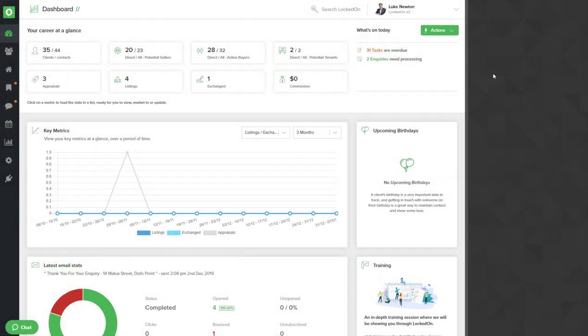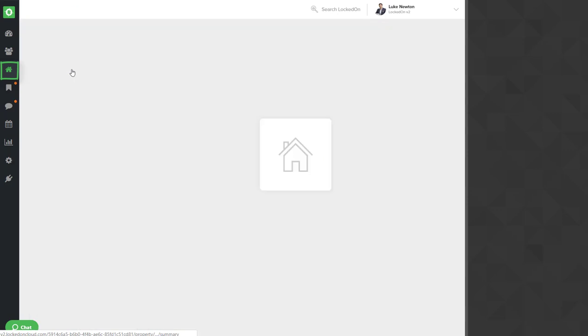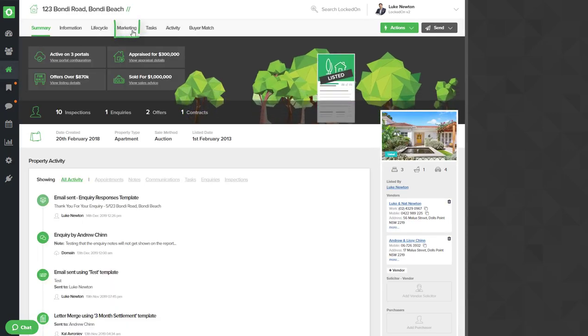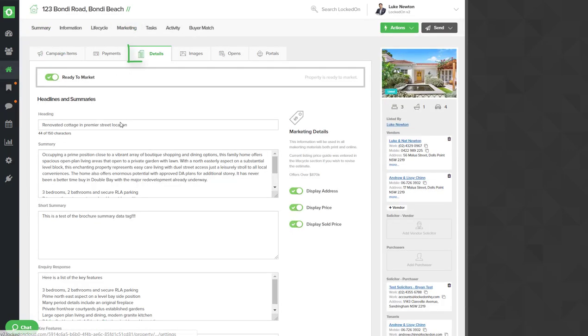In this tutorial, we're going to show you how you can print PDF brochures for each listing you have. First of all, go into the properties database and you'll open up one of your listings. Inside the marketing area, you will see the details where you give the property a heading, also the summary for